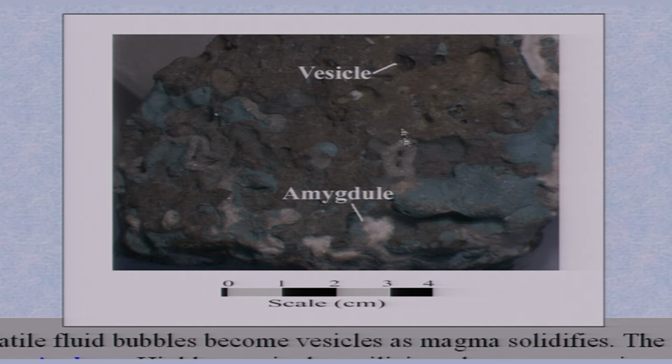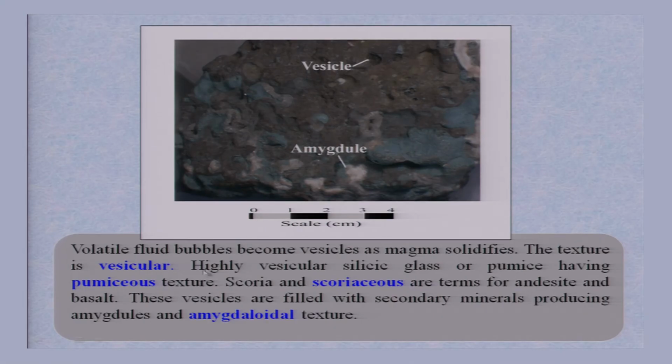I am showing an example of amygdaloidal or vuggy texture. See my cursor carefully here. These are the open spaces formed by cooling and consolidation of magma under surface conditions. Later on, these vesicles were occupied by these greyish colored amygdules. They are better technically known as amygdules. They are chiefly composed of quartz, calcite or zeolite. So, these amygdules occupy these open spaces and the texture is called amygdaloidal texture.